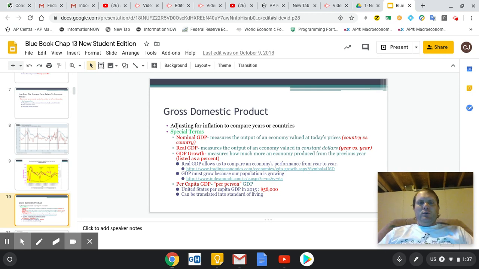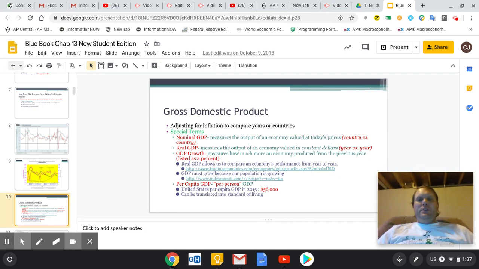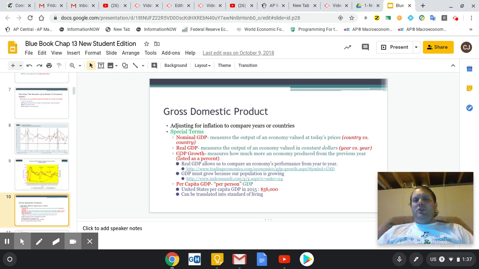So we're talking GDP today, which is short for gross domestic product, and in layman's terms, why GDP is important is it measures how much stuff we produce. Now there's some adjustments you can see here, like nominal GDP and real GDP. Those are adjusted for inflation. Don't worry about that so much, because what the stats are going to tell us every single year is how much our GDP grows.